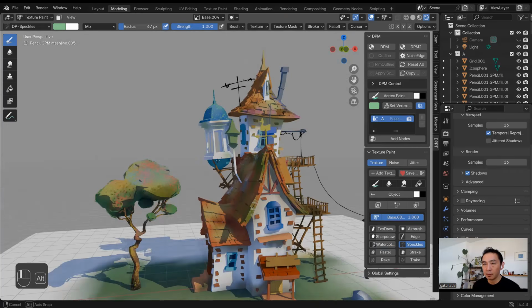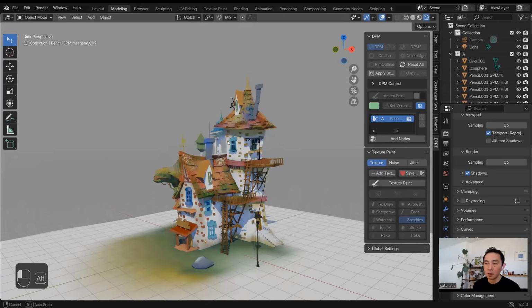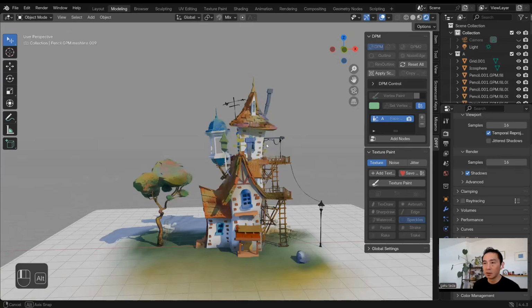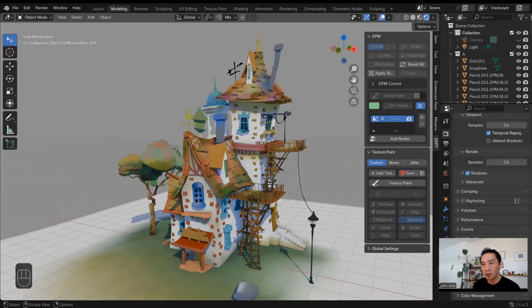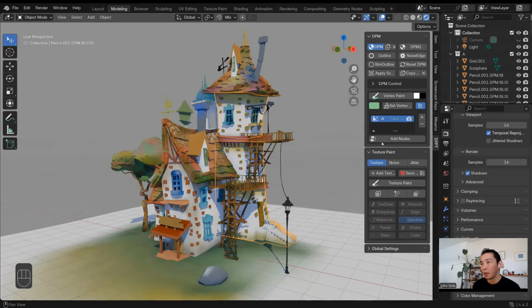But maybe I will try some noise mix, and that's going to be a lot easier to get more detail. Let's see if we can do it to this whole geometry.